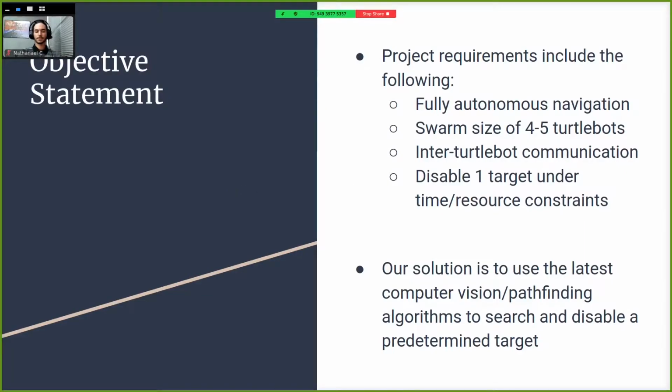Our project's objective is to create a fully autonomous robot swarm of 4 to 5 robots that communicate together and search an environment with time constraints to find an object. Our solution to this problem is using the latest computer vision and pathfinding algorithms to search and disable a predetermined